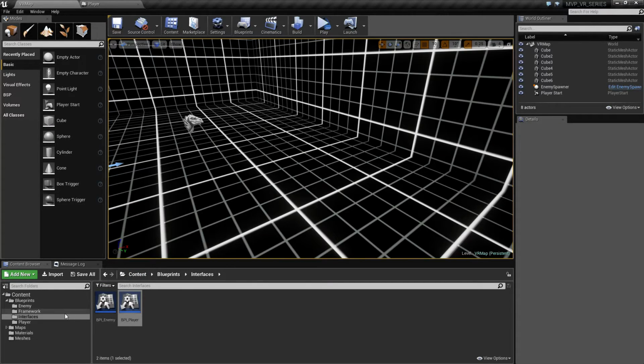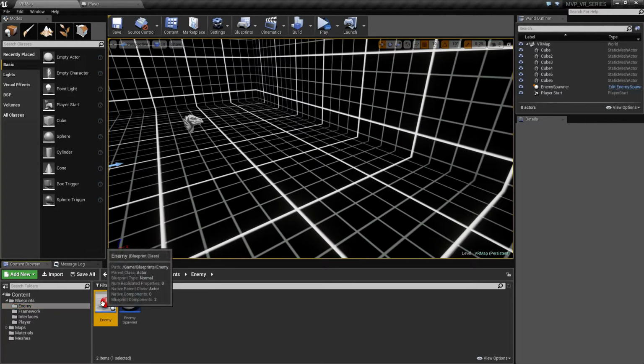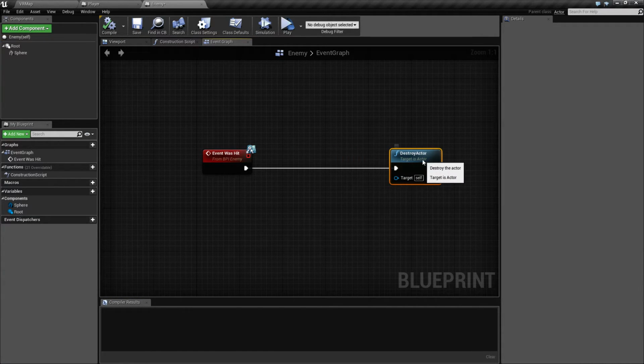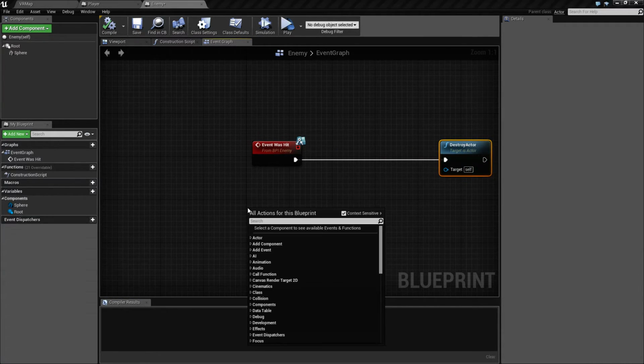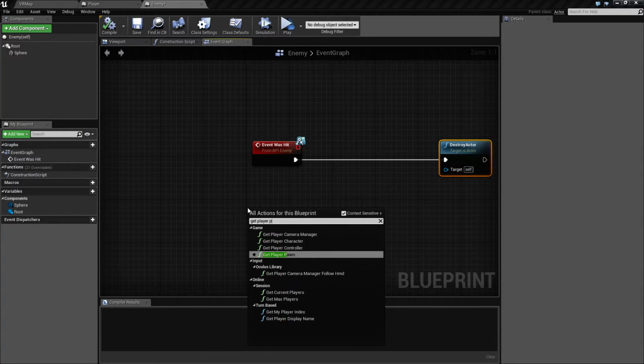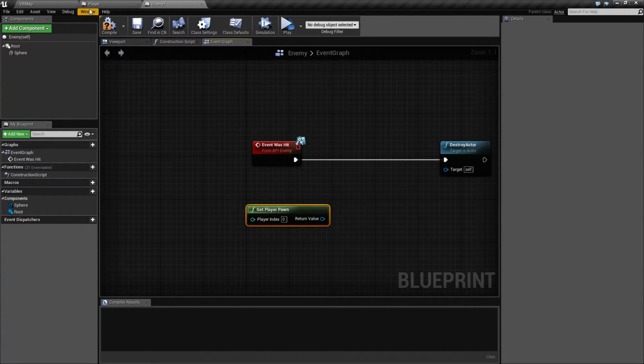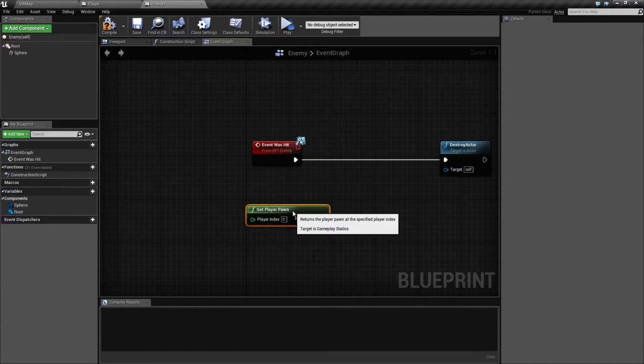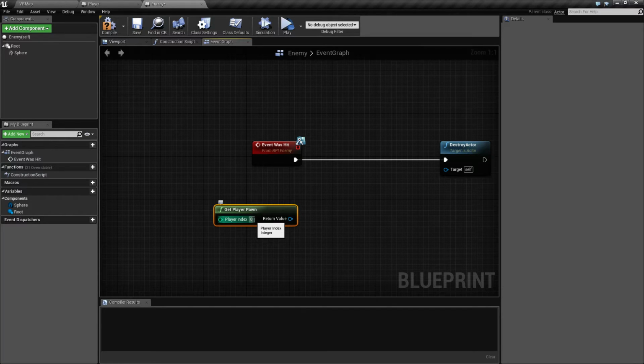Let's go back to our enemy now. So we have our enemy, and we have our was hit event. This is really, really simple, and this is why we have an interface. So we're going to do a get player pawn. Remember, we're using a pawn for our player. So by doing get player pawn for player index 0, we're going to get the pawn that's assigned to player